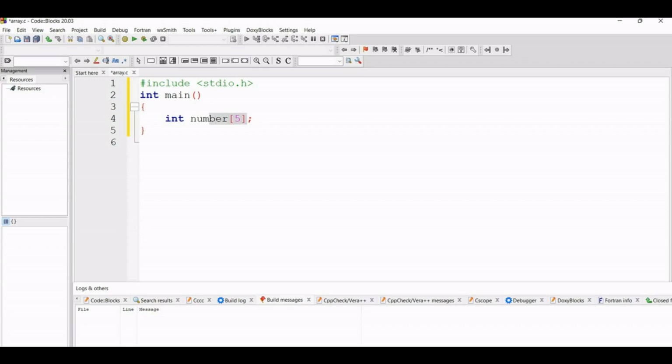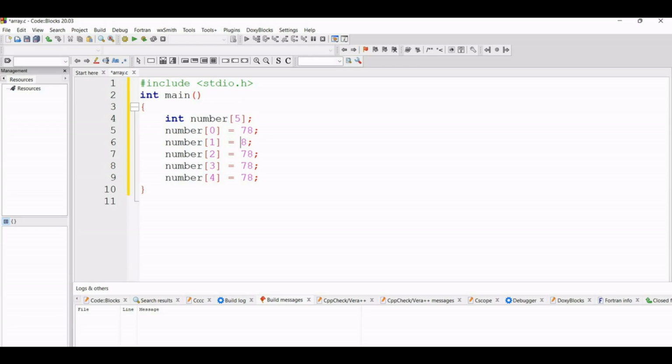So how should I assign these 5 values? I have told you that indexing starts from 0. So suppose number[0], and here I will store, suppose, the marks 78, and then in this way I will copy this number[0] line and paste it 5 times. So here you go. Then we will store number[1], then number[2], number[3] and number[4].